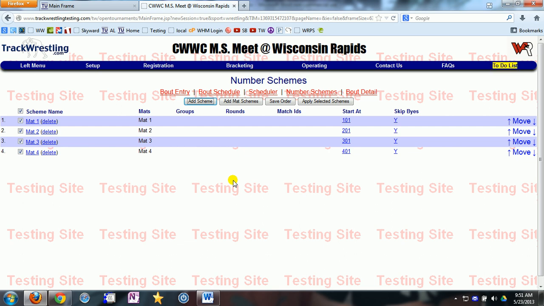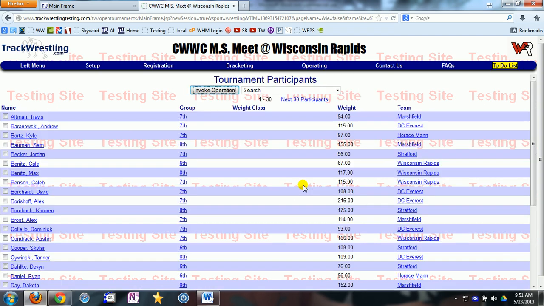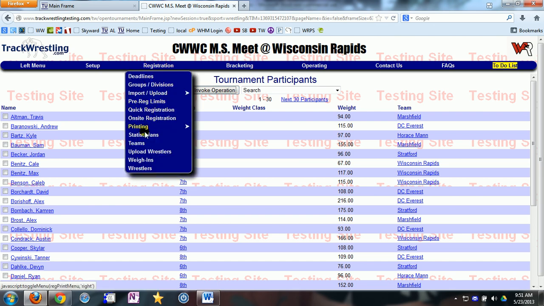And then let's skip ahead to the day of the event, and I want to make sure that the wrestlers that I have in my wrestler list, which are right here, are all coming. You know, they weren't sick from school that day or something like that, or maybe there's some changes. And what I want to do is have my coaches that are coming verify that information and make changes if necessary. So what I'm going to do is come into my registration and go